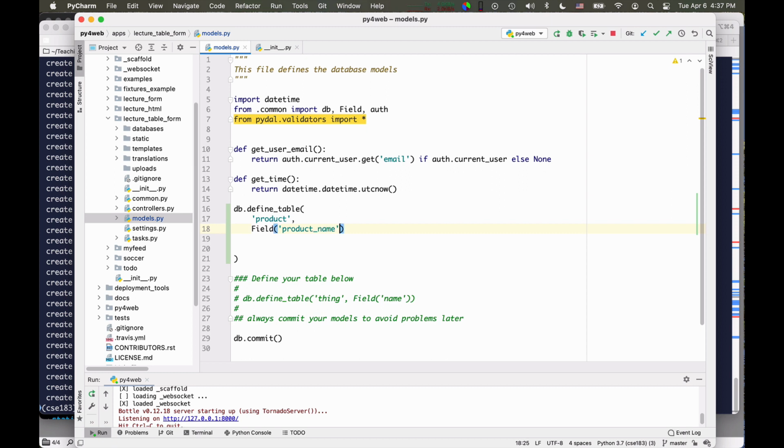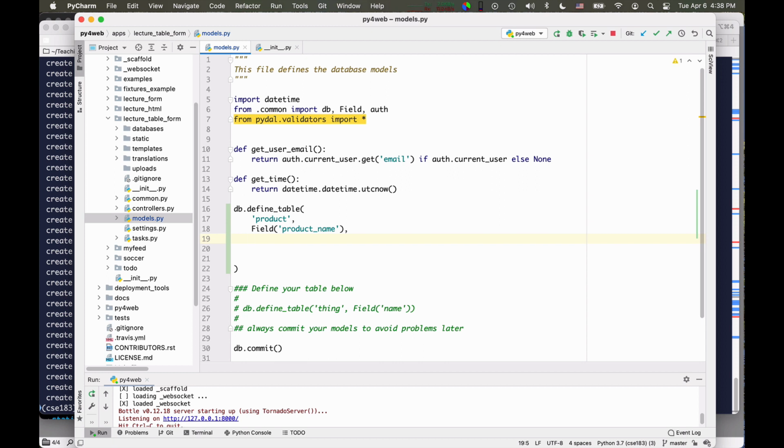Why don't I simply say name? Well, it turns out I could say name in databases like MySQL and Postgres that are used in production. But the development database is SQLite, and SQLite has some set of names that are reserved, that you're not supposed to use, otherwise you create a clash. And so I have this habit of mine of using names that are obtained sometimes by concatenating the table name and what would be the obvious field name, in order to obtain names that are less likely to clash with the SQLite defaults. At any rate, so this is a product name. If I don't say anything, it's going to be of type string.